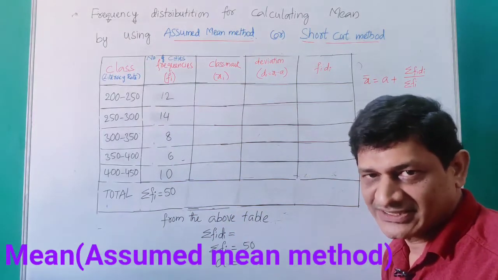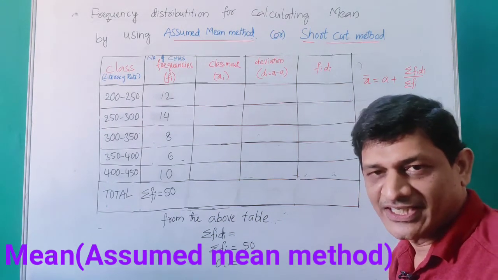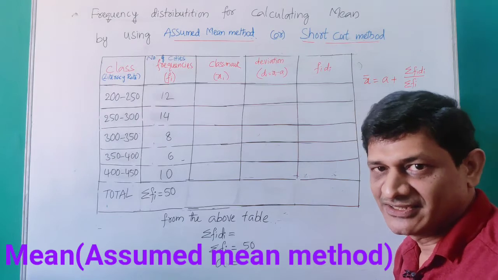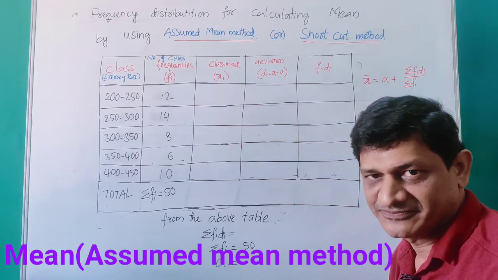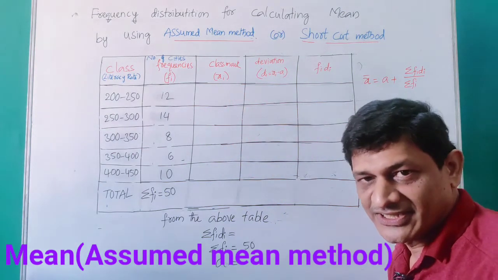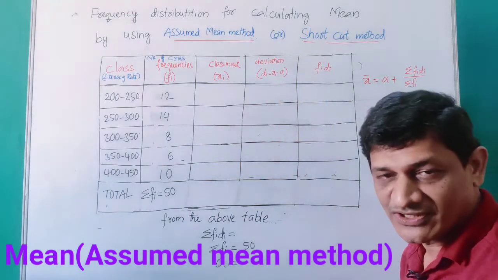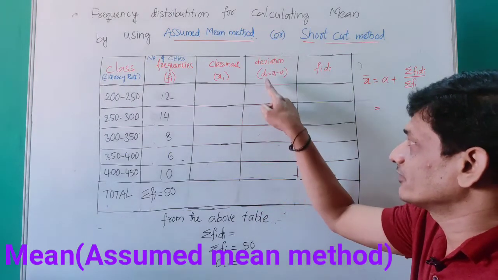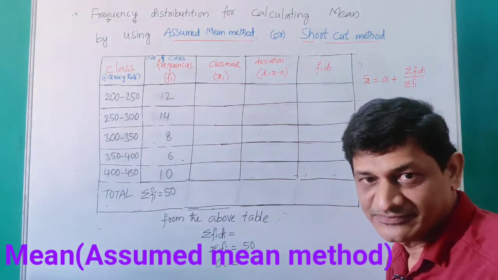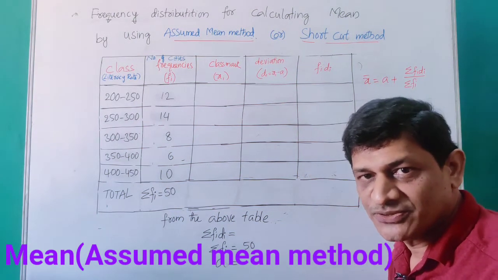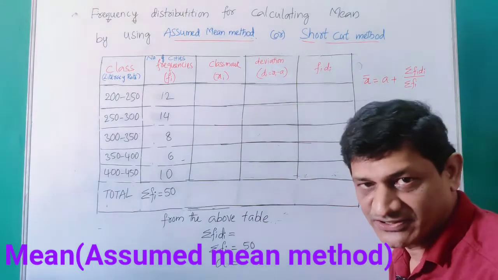One is the classes column and the second one is the frequency column. To find mean by using any method, creating the class mark column is compulsory, that is a must. So the third column you have to create is the class mark column, and two more columns: a deviation column. To find the deviation of a particular class, use this formula, di equals xi minus a. So the assumed mean is to be subtracted from the corresponding mid value, then you get its deviation.